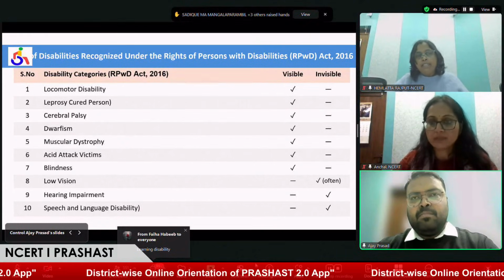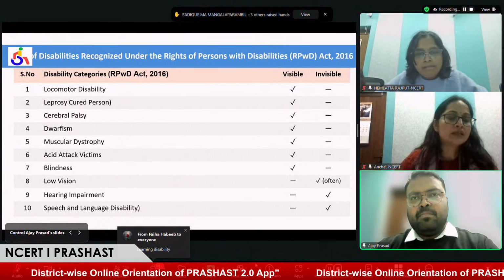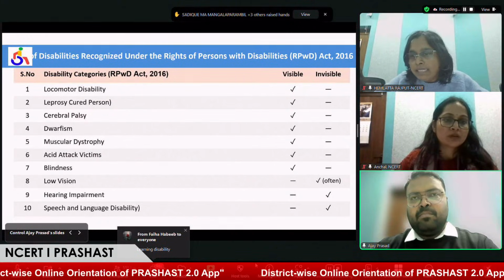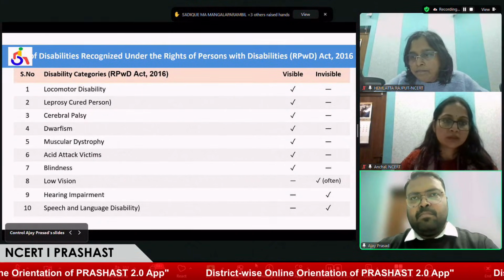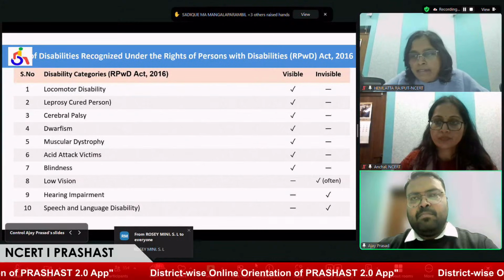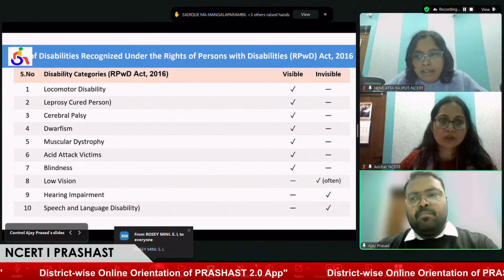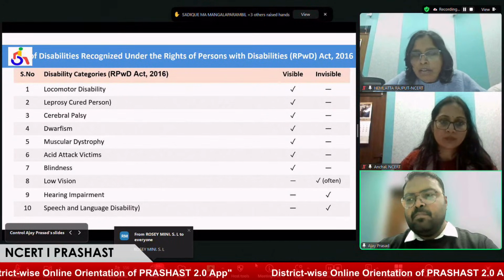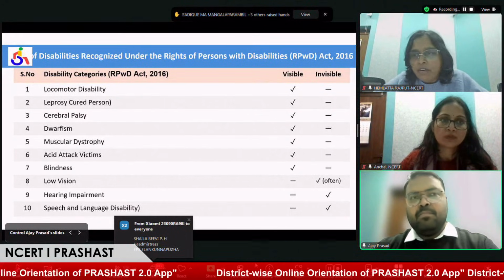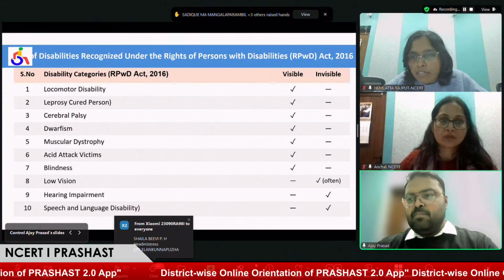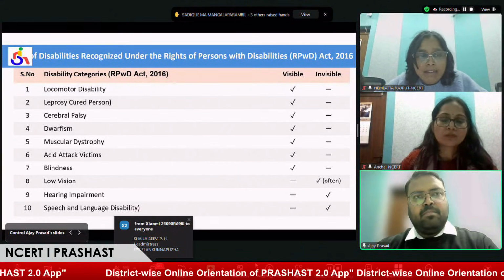I think disabilities related to thalassemia and sickle cell anemia, these are all blood-related diseases which we are also not able to visualize and cannot recognize.